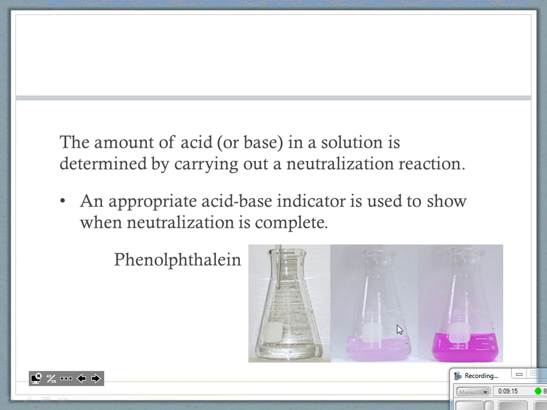Now, when we have a neutralization solution, okay, when something is neutral, what is the pH? 7, right? The pH is 7 when something is neutral. So, it would be really, really nice if we could find a color indicator that changed right around 7, wouldn't it? Well, the one I have up there listed on the smartboard,